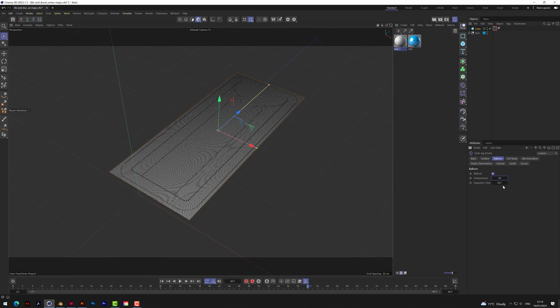That is how long it will take to inflate. If you put 1 frame, it'll be too quick and the geometry will all explode. So we want it to just increase over time. We could even have that go over further, like how you'd actually inflate a lilo, so you can increase that up. We'll go for 50, and let me just play this now before I do anything else